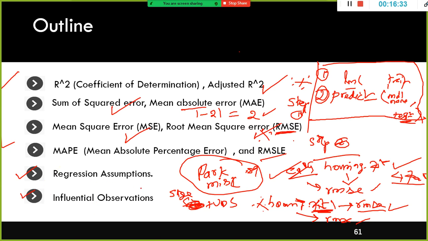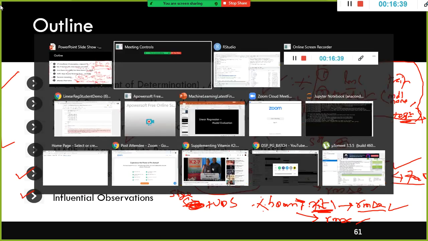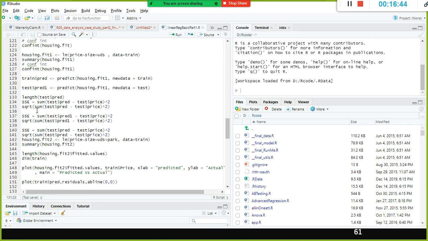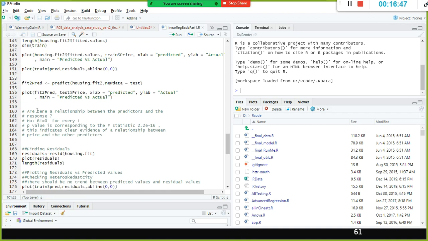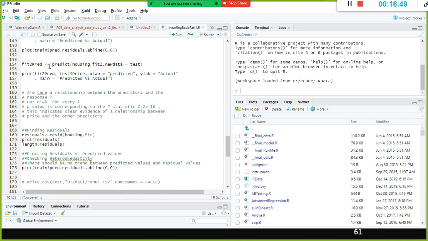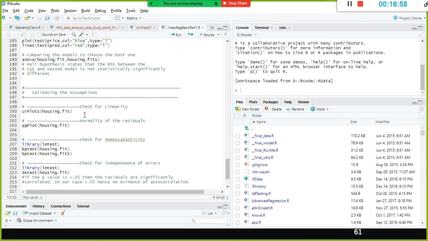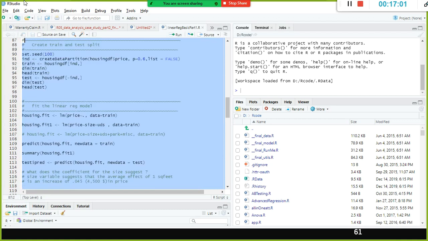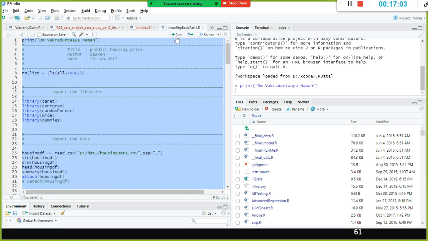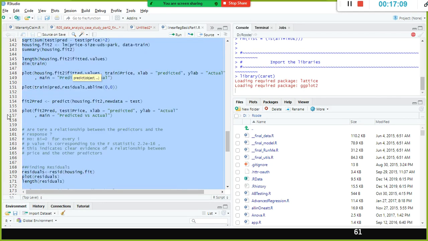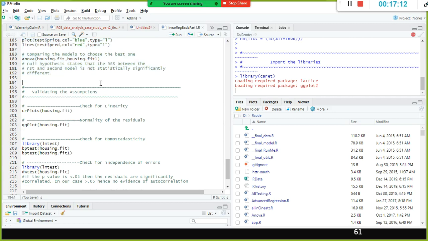Now we'll take a look at what the regression assumptions are, and which assumptions we need to validate. Even though you validated those two models using RMSE and found the better model, you still need to do some other tests to make sure your model is really doing well. So I'll execute this once again. We saw this yesterday, but don't worry about the command syntax and all. Understand the big picture.